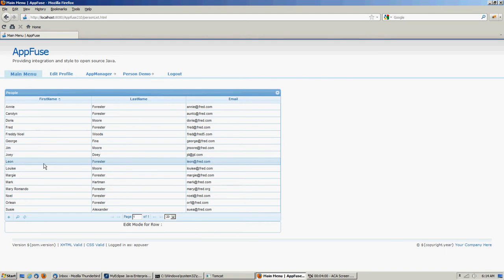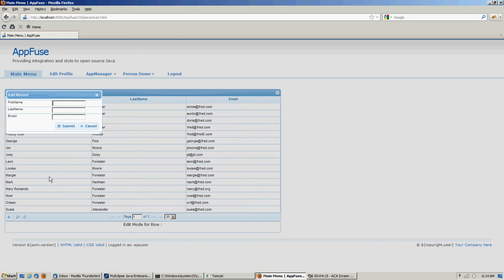They can quickly add records through the grid using just the minimum required fields, and then they can go back and edit. So let's take a look at what happens when we do that. Let's create a new record,